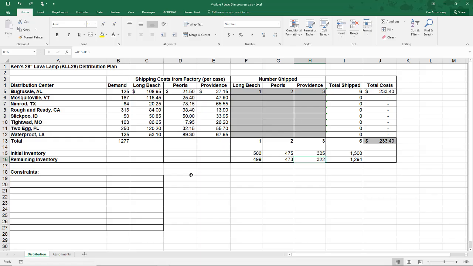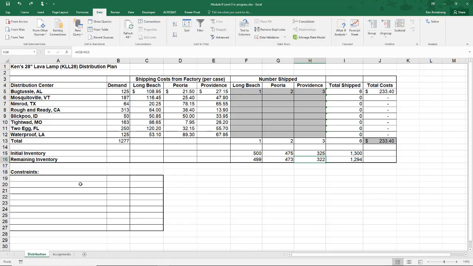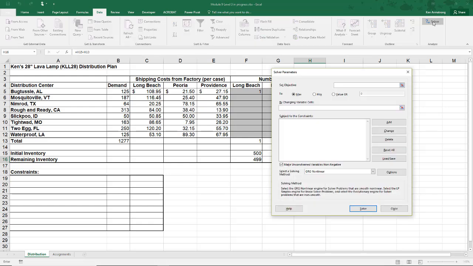We could just try to come up with all the constraints at once, and once you have a good grasp on this tool, you might be able to do that in the future, but we're not there yet. So we'll do this one step at a time just to give you a better grasp on how things work in Solver. As we come up with all the constraints needed to make this work, we'll add them to our constraints table over here in this lower left region of the worksheet. First step, let's set up the basic parameters of the solver model and see how we do and what happens.